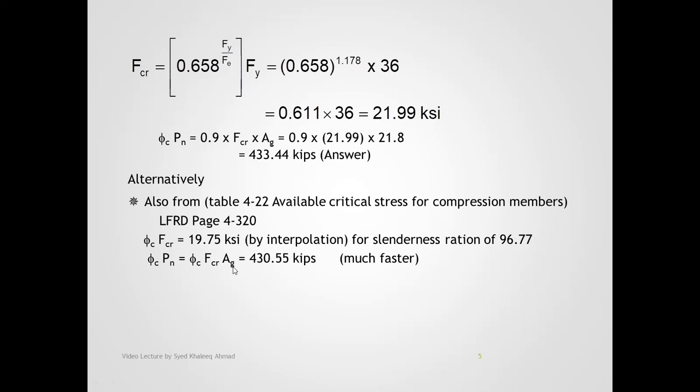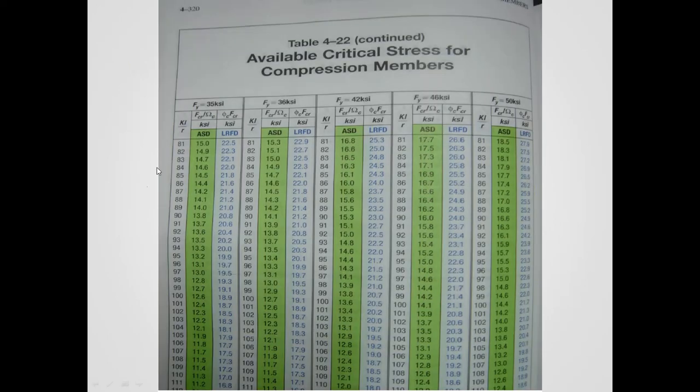So this way we can get the answer in a quicker way. It will not take too much time, but you have to do interpolation from those tables. If you have the value directly, like 96, then it would have been very fast. Without doing any interpolation, you can do it, because the values in this table are integers, 81, 82, 83, like this. So you will search for this KL/r value, and then according to that you will set. If it is available here, then you can directly take the value. Otherwise, you have to do interpolation.